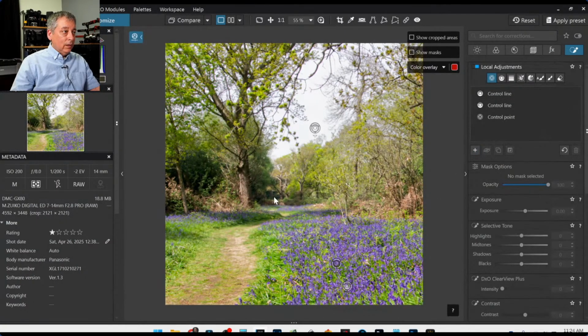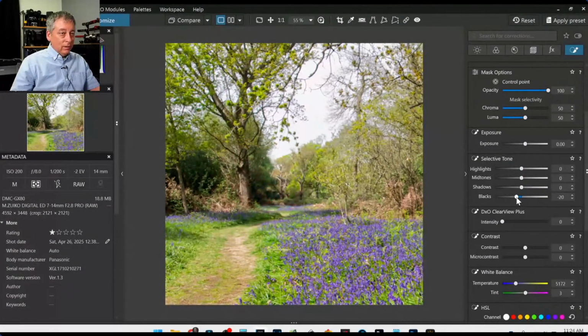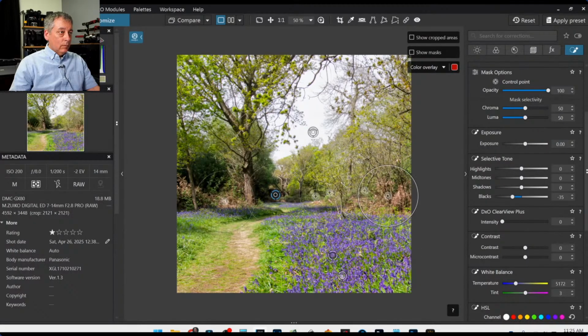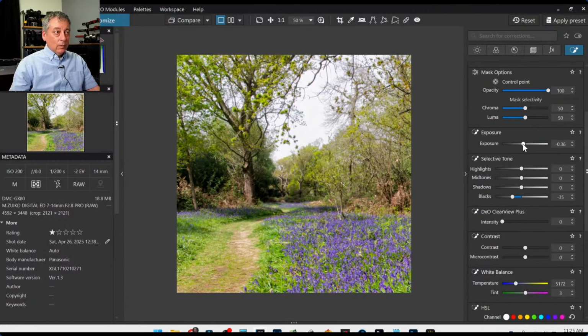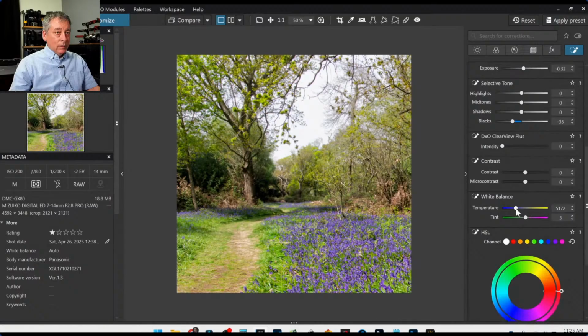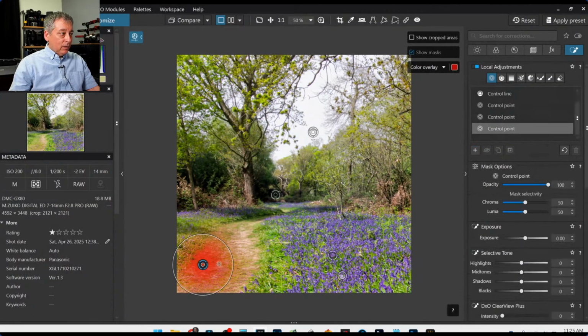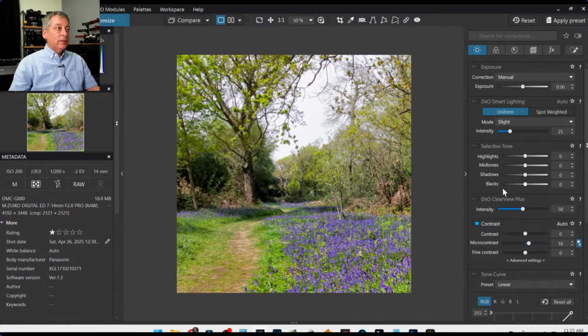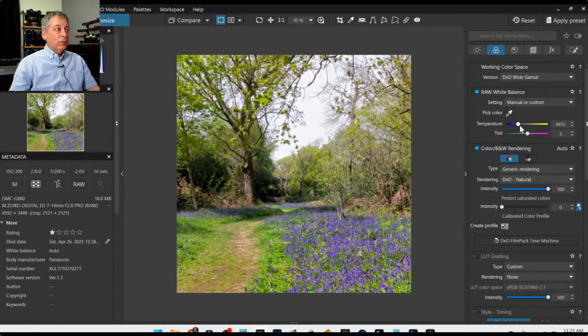Okay. And then I'm going to pull the blacks in down here just to make these a little more dramatic. Maybe pull back a tiny bit on the white balance. Let me darken this area over here, just the highlights. There we go. Oh, this white balance, there's just a little bit too much yellow. If I cool it off,